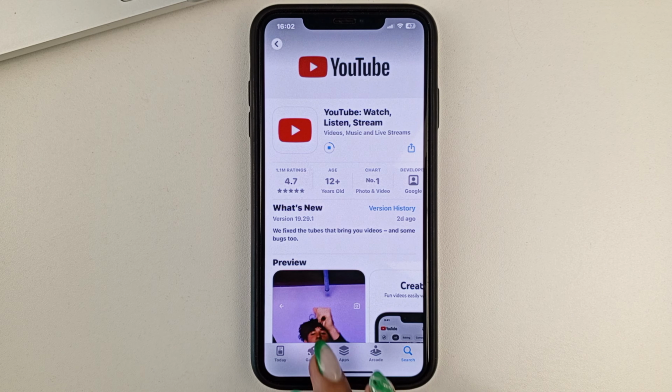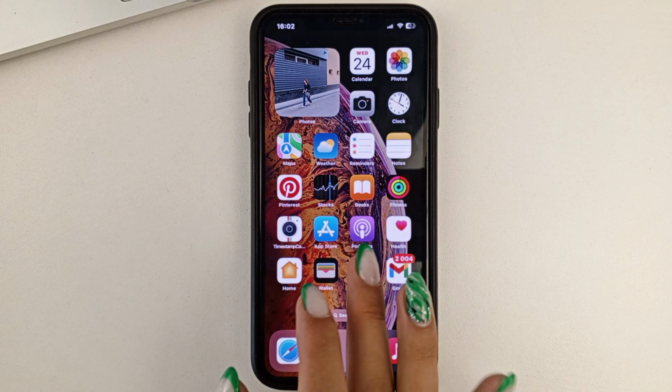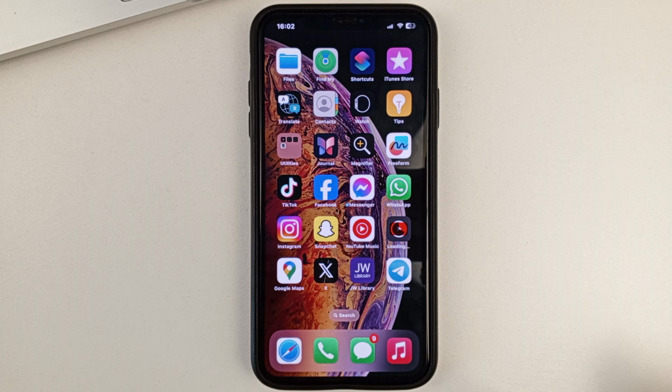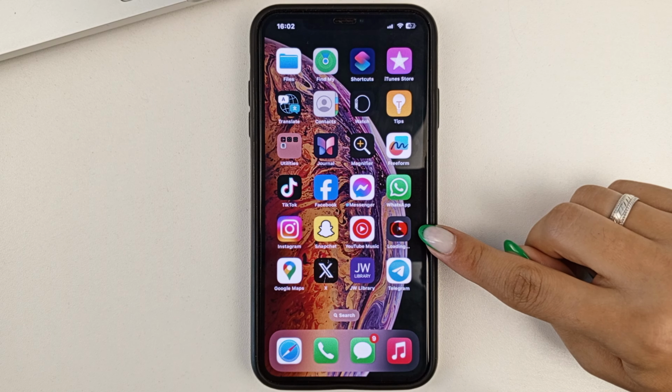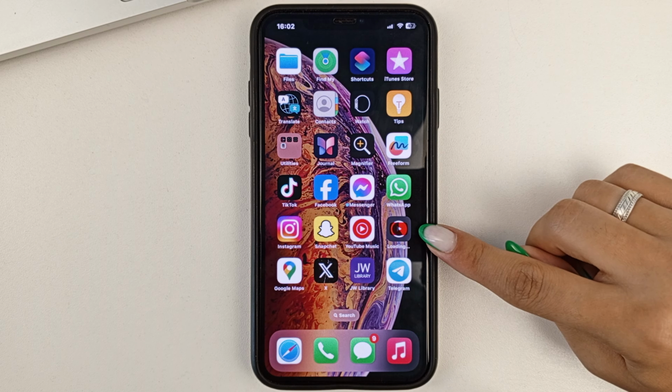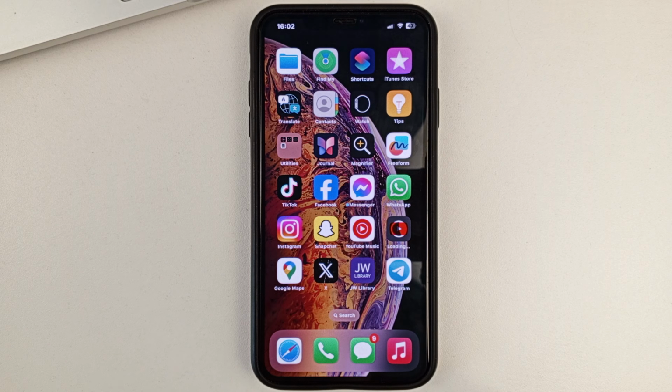And you can follow the update either from the App Store, or if you log out of it, you'll be able to see the app update from your iPhone home screen, because they'll look like this, so grayed out. And you'll be able to keep track of when the app update is over. Once it's done, then you can easily open the YouTube Studio app and continue to work in it.